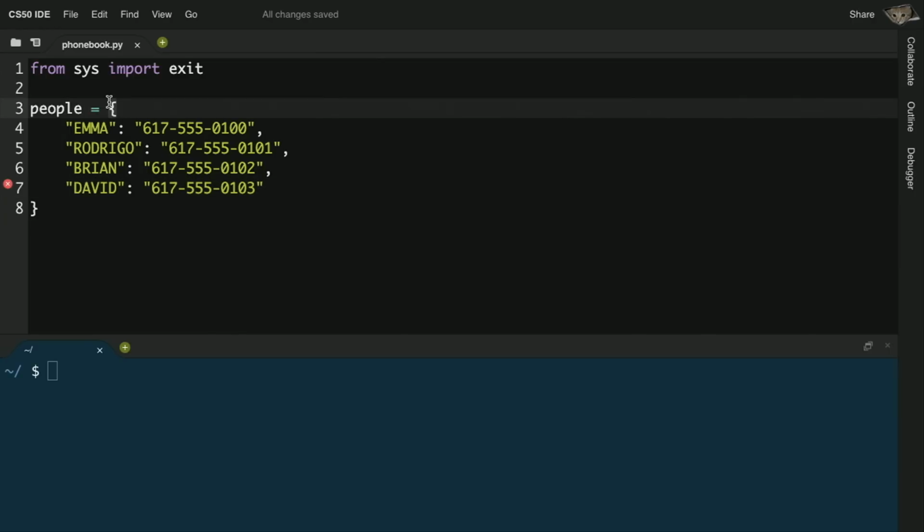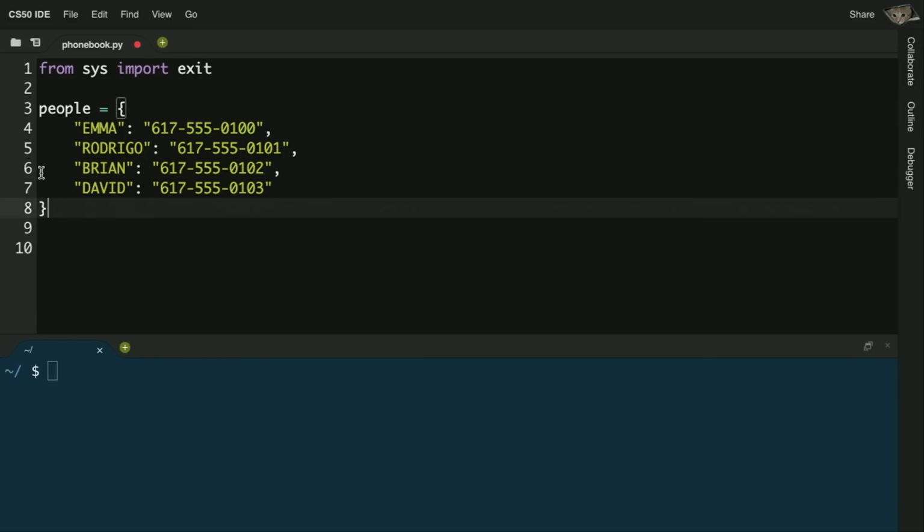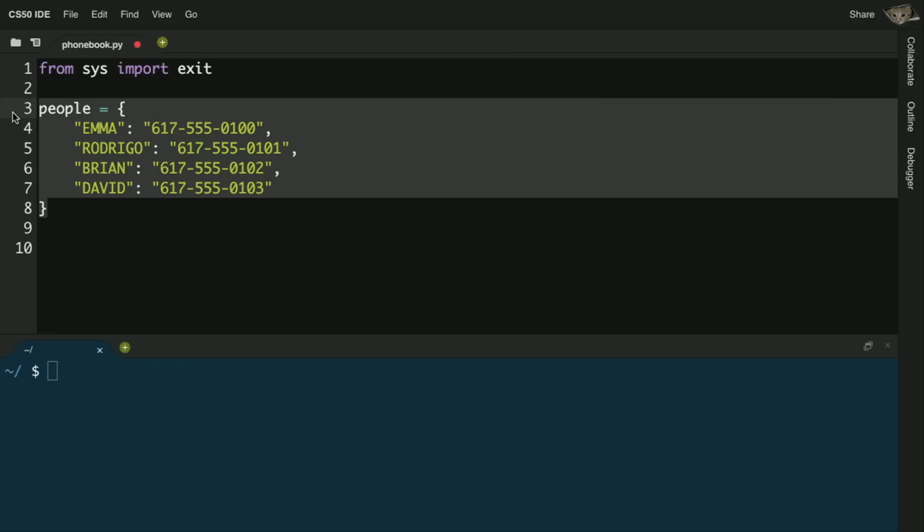So this is a little different looking. The curly braces say, hey, Python, here comes a dictionary. A dictionary has keys and values, just like a dictionary in the human world has keys, which are words, and values, which are definitions. A phone book is the same idea. Names and numbers are our keys and values. I'm separating each key and value with a colon, and I'm separating those pairs with a comma. All right, so why is this useful? This is now the simplest way to represent a phone book or even a dictionary with words and definitions in